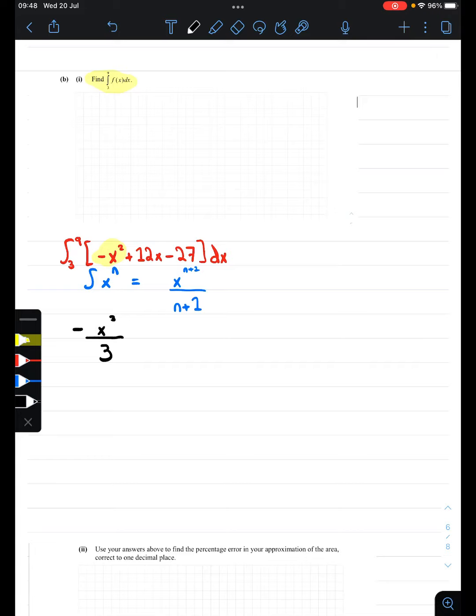And then with 12x, plus 12, and x is the same as x to the 1, so this becomes x to the 2, 1 plus 1, over 1 plus 1 is 2. And then minus 27, and whenever you have a constant, it just becomes x times that constant, minus 27x. Because if we think about it, the integral of 27 would just be 27x. So then we have all this